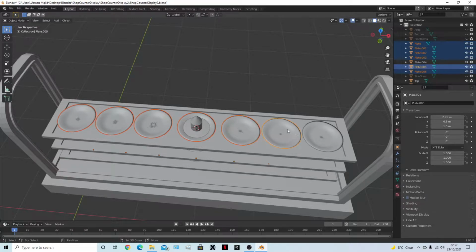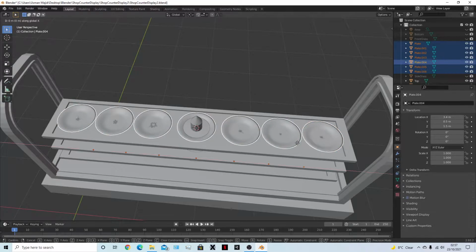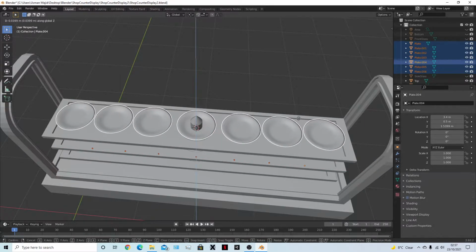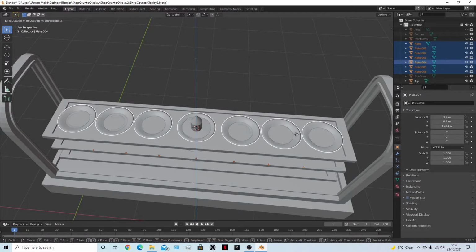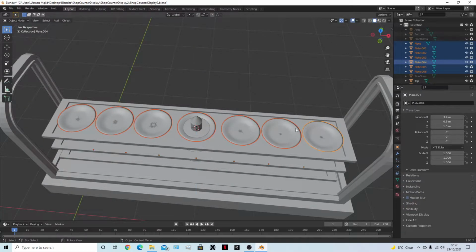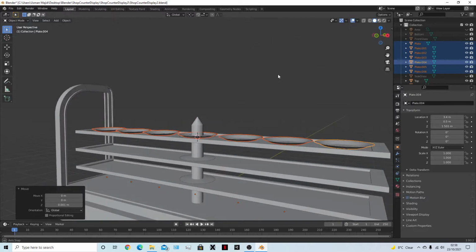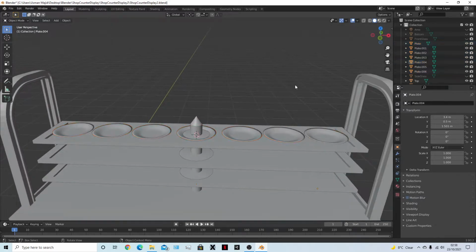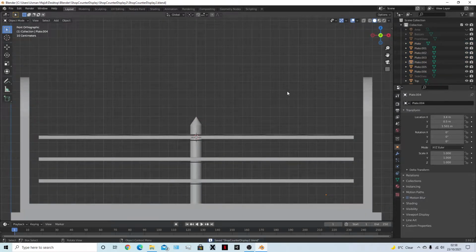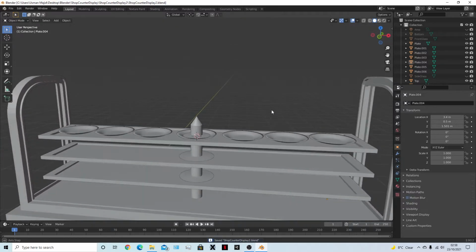Select this one as well. GZ and GZ 0.01, sorry, 0.001, just so that it's not transparent. Anyways, into front view. Now what I can do is select these 6 plates, go to front view,